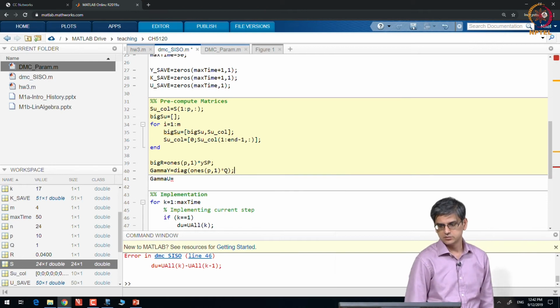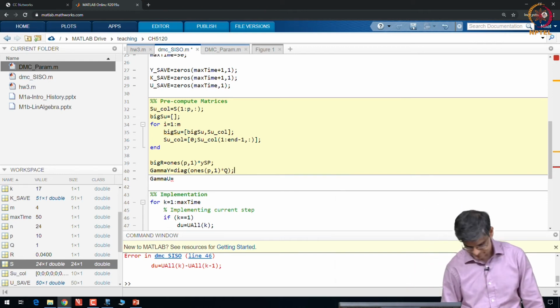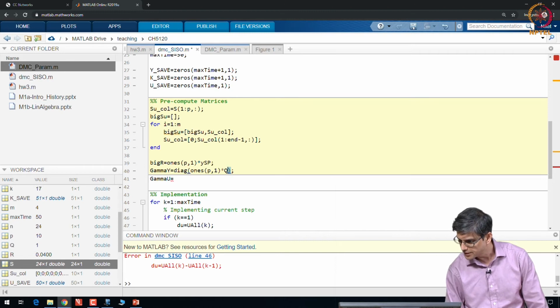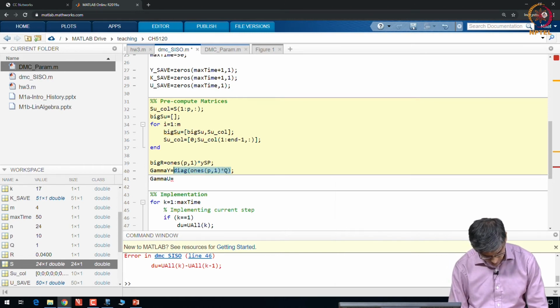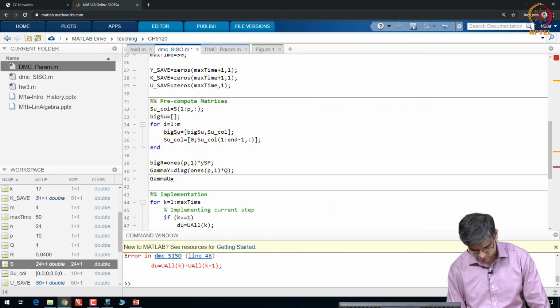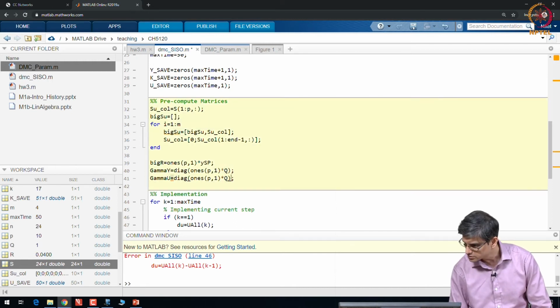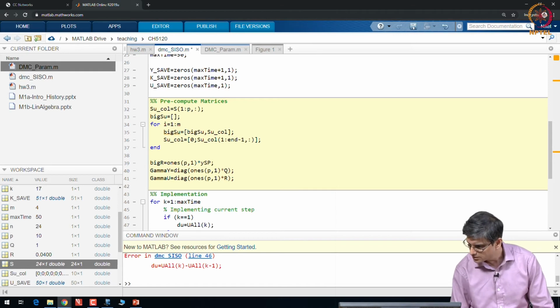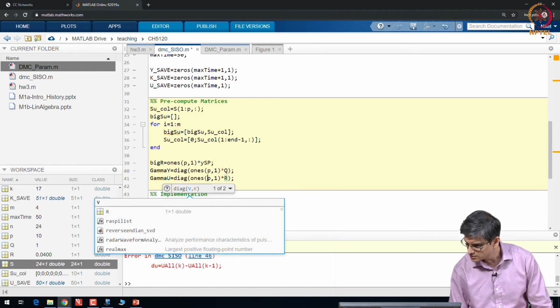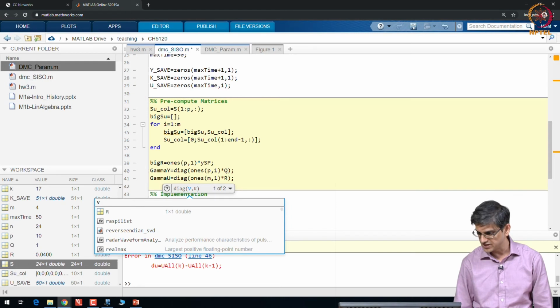Okay. This is going to be gamma y and gamma u would be similar, but this is going to be multiplied by R and gamma u is going to have this m number of times.